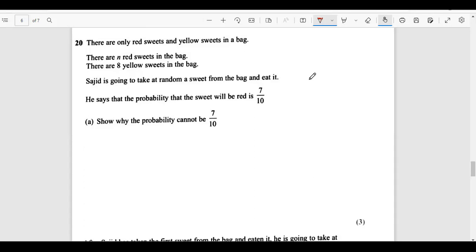Oh, the probability can't be 7 out of 10 because, the way it's written, it means that there are 8 yellow sweets and 7 red sweets, which means that it would have to be out of 15 because that's the total sweet number. Exactly. Very good. Yeah, I was confused for a second. You can write down any explanation, any would work. You can write it down the way you were saying,